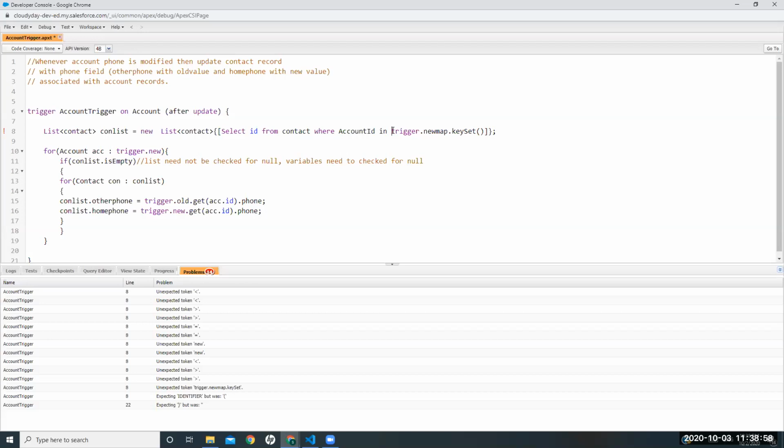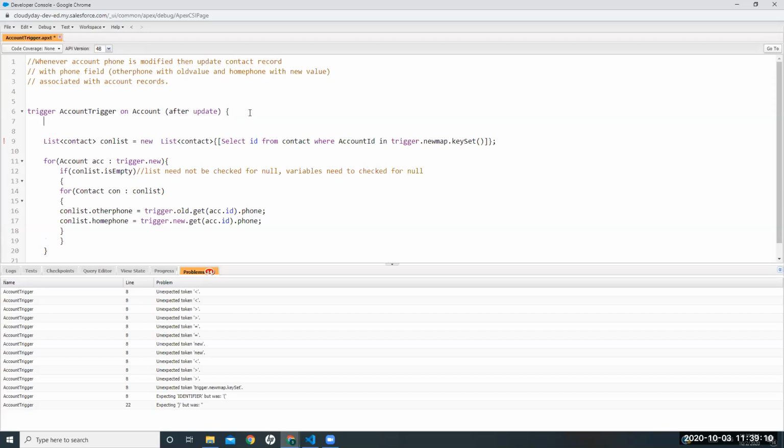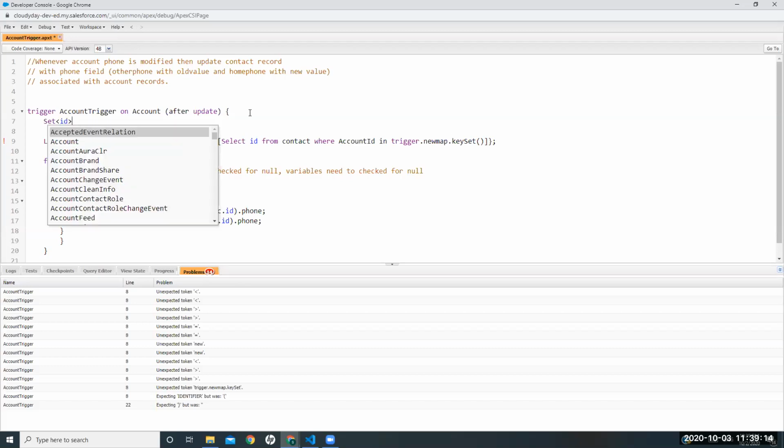What Jan is trying to say is, the standard way of doing it is creating a set, getting the account ID and storing it there, and then in the list of accounts, getting contacts also, and then using IN accountIds. That's what he's saying.